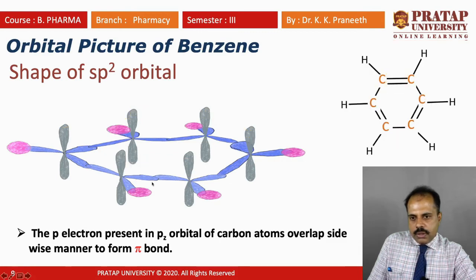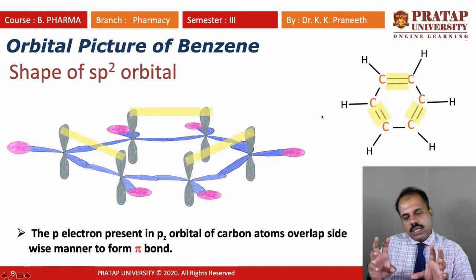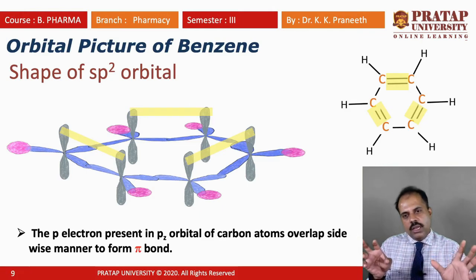another important thing is we can also write the structure of benzene like this, right? This double bond here, and double bond here. So this is also formed by the sidewise overlap, okay, like that. So there are 2 ways you can draw the structure of benzene. We will see in detail in this lecture after the orbital picture of benzene, right?